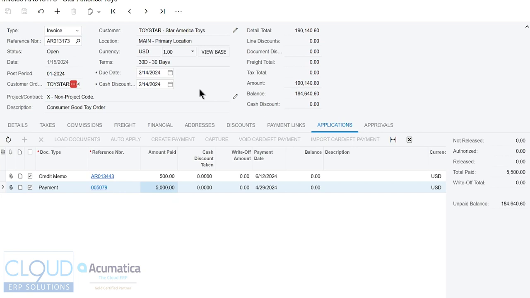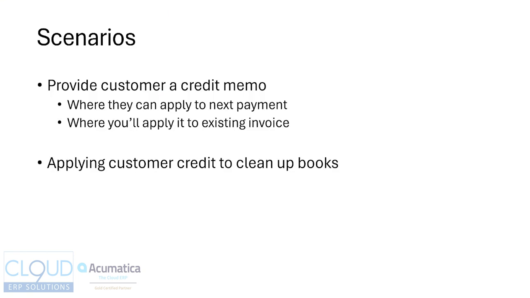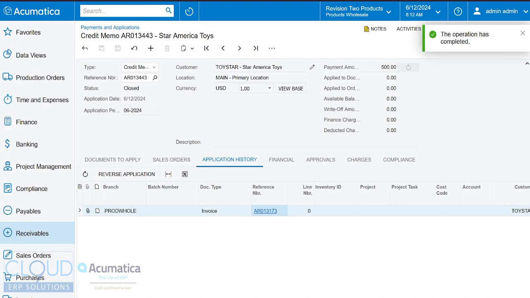Now let's take a look at our final example. In this example, we're simply applying a customer credit to clean up the books. So let's go back. We'll close our invoice. And the first example is actually what we just did. We created a credit memo. We never emailed it to the customer though, and we simply created this credit memo application to the existing invoice. The only difference is, and if we go back to our credit memo,